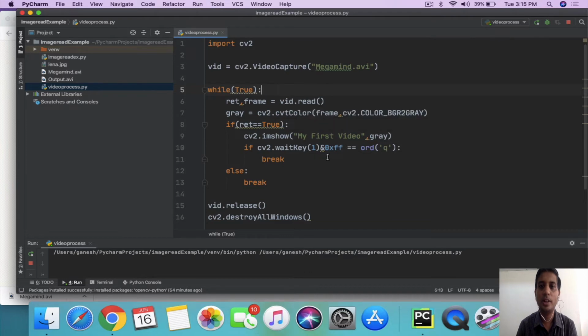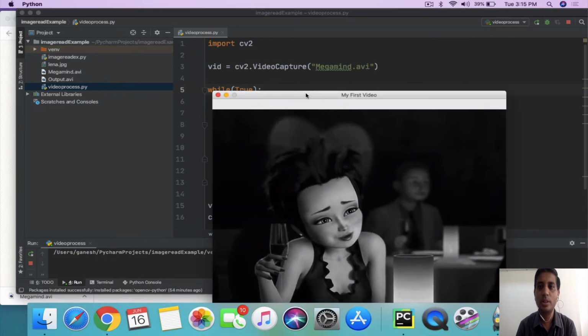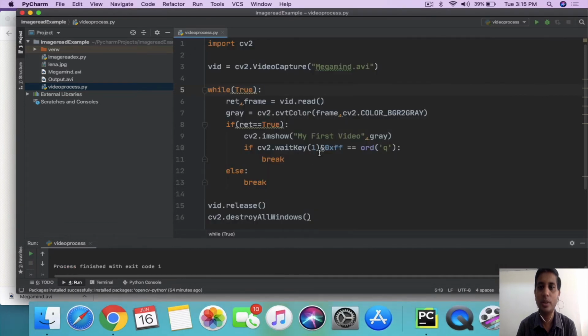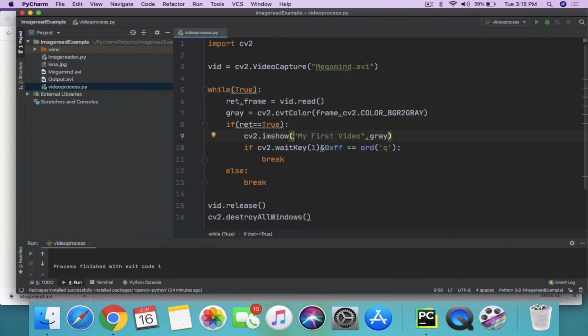Again I am running it, and this time you can see megamind.avi in terms of the grayscale image. So in this way we can conclude that we can convert the captured color image into a grayscale image also.